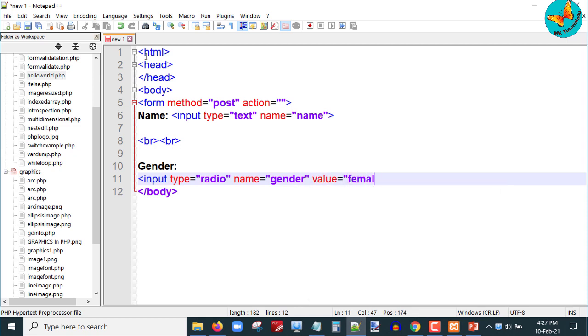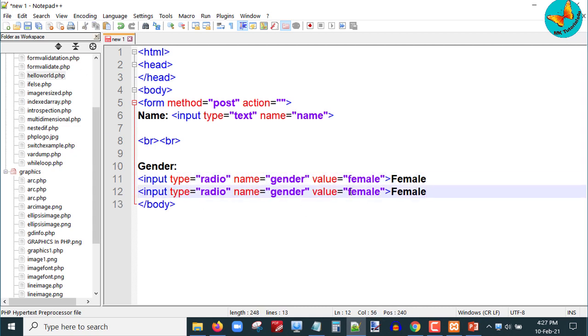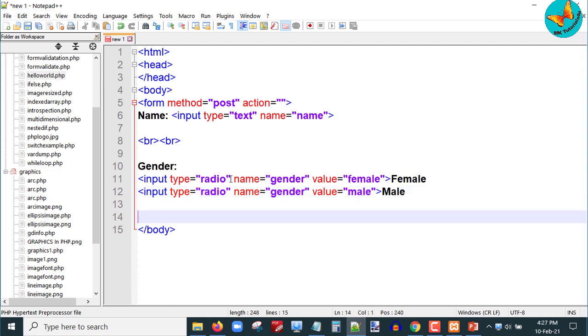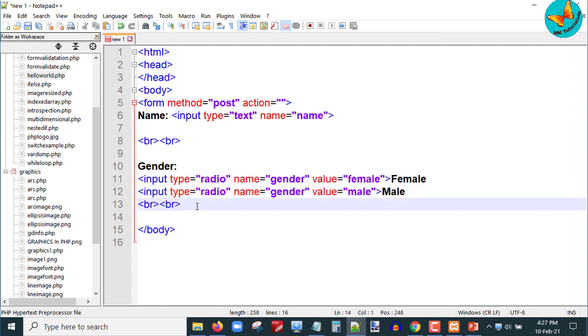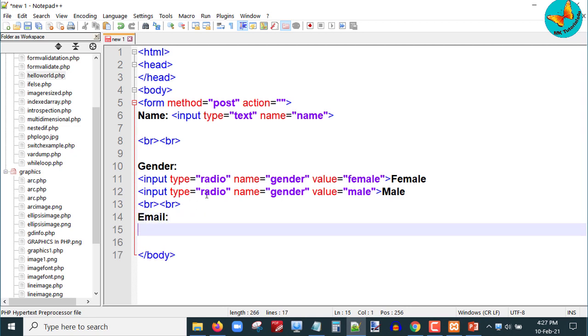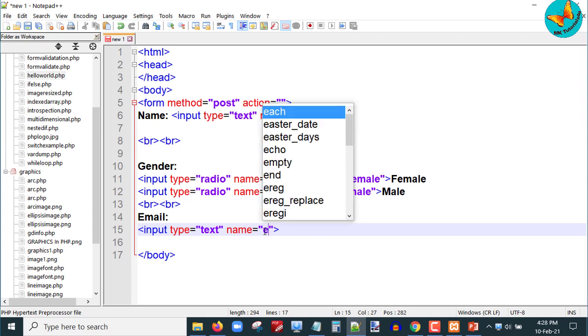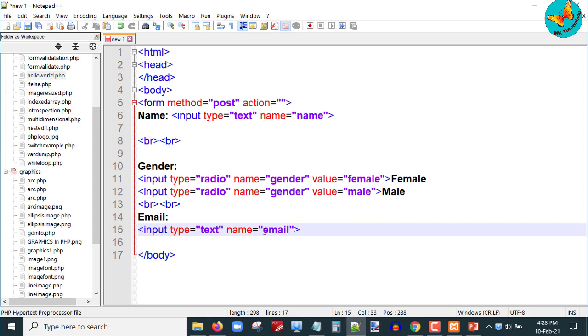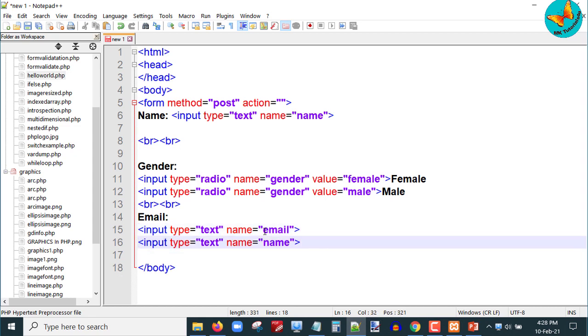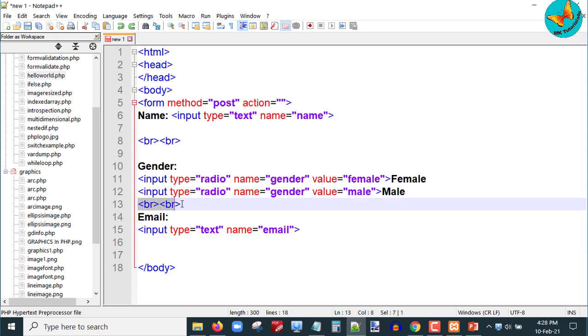Then next I'll write input type equals radio, name equals gender, value equals male, and then I will include a br tag. Next field that I am going to create is the email field. So here this is just a simple text box. So again I'll write input type equals text and name equals email. Then br tag, and the final field is the comment.